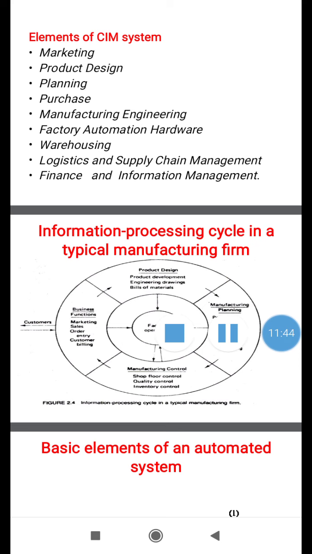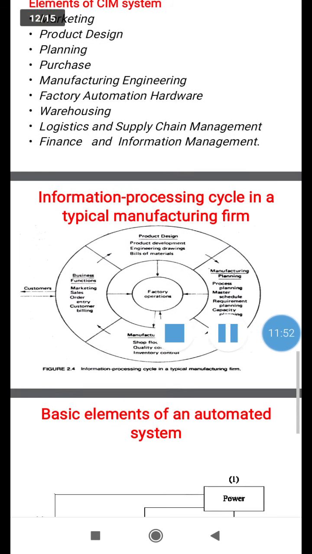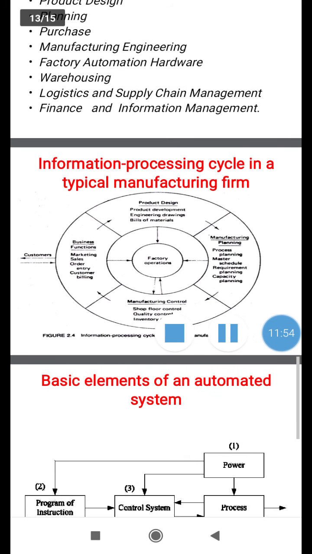First we collect the details of your selected design, that is the design related parameters. After collecting the design, you go for planning, that is the manufacturing planning, how to execute that design with the different types of planning. First you list the number of plans, and in that you select the required process planning, master schedule, equipment plan or capacity planning, that is the planning of your process.